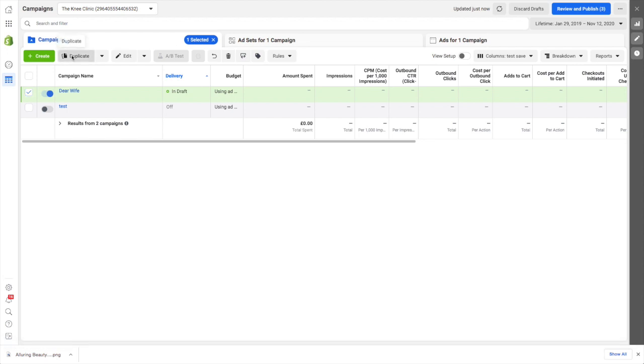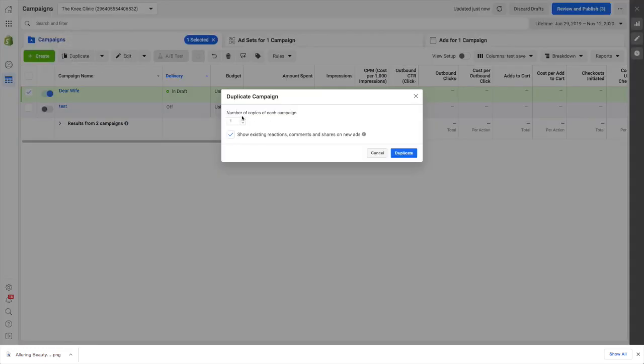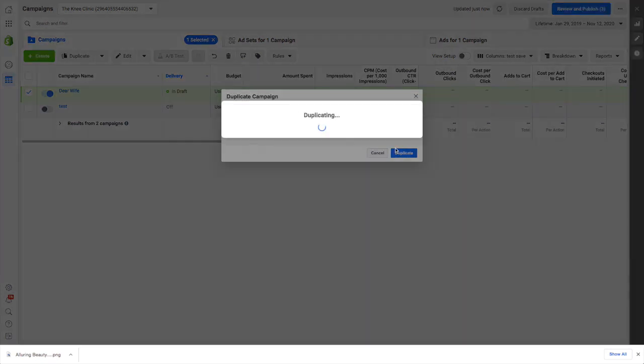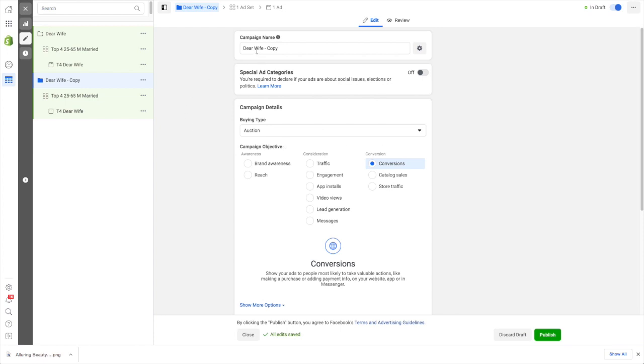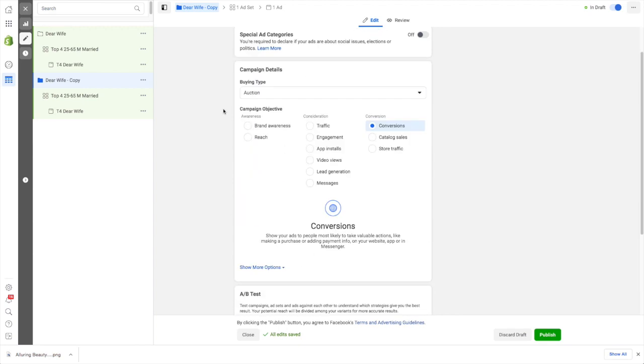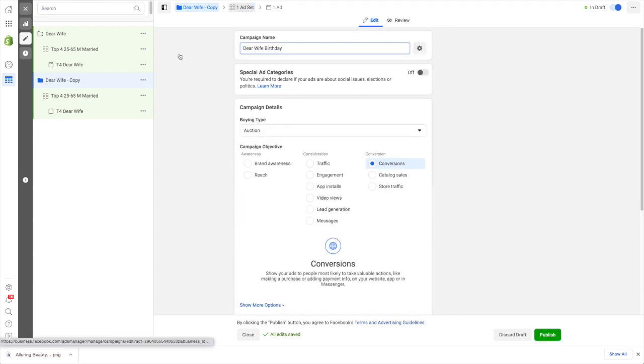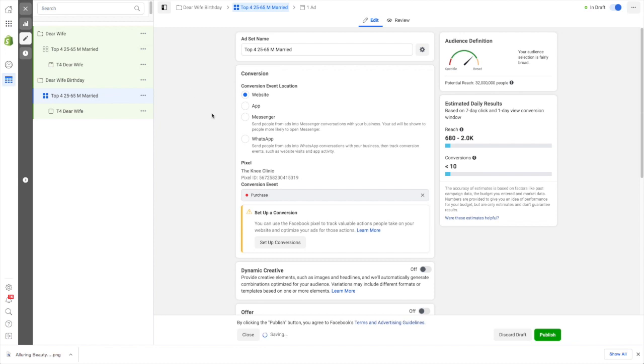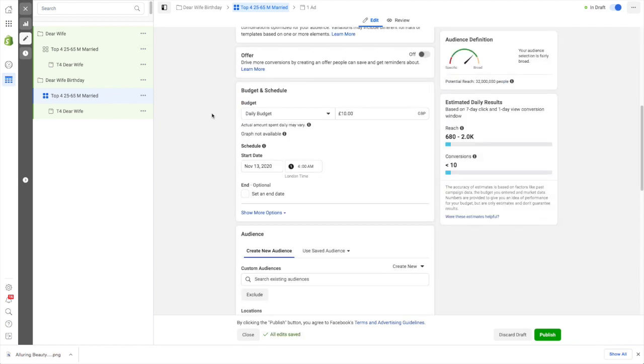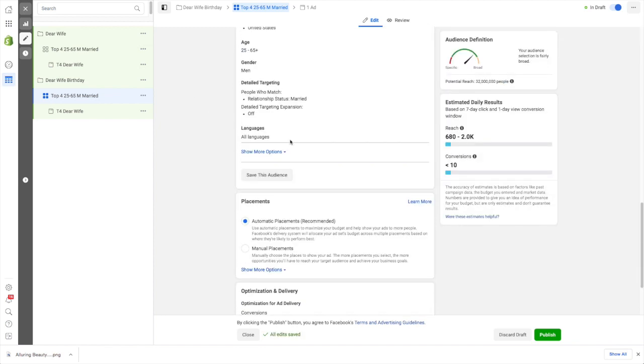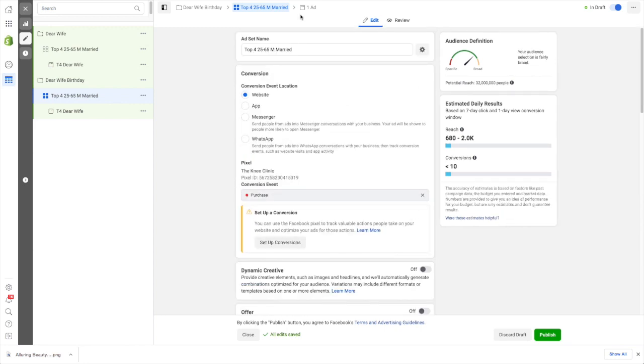So click the duplicate button, number of copies 1, and this one is a birthday card. So I'll change the title of the campaign. The ad set rules are going to match to the last ad that we made. Everything is identical. We can just pretty much leave this and just quickly go through to the ad